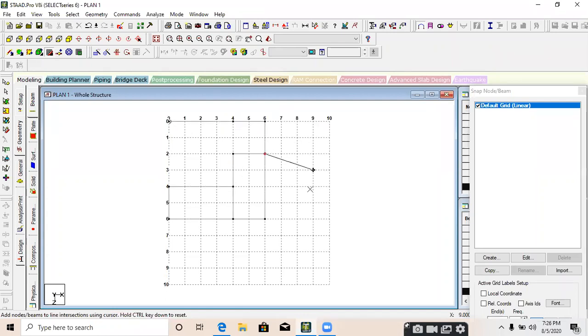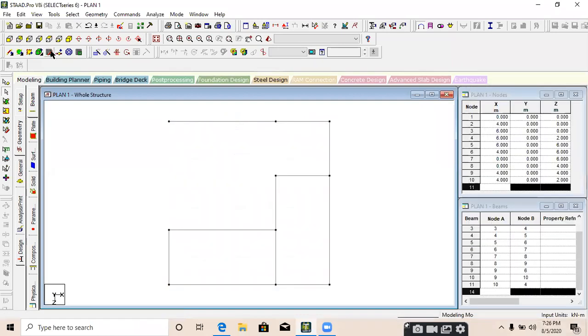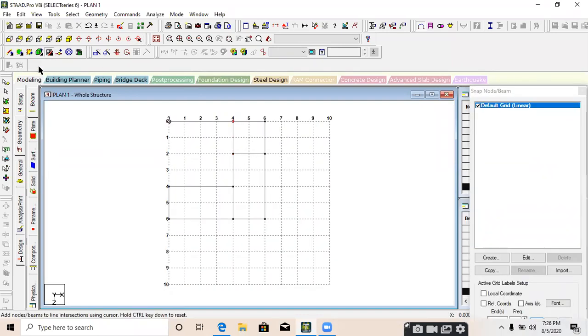Draw these two beams, again there is a dead end, please switch off and on. Draw this particular beam, again switch off and on.